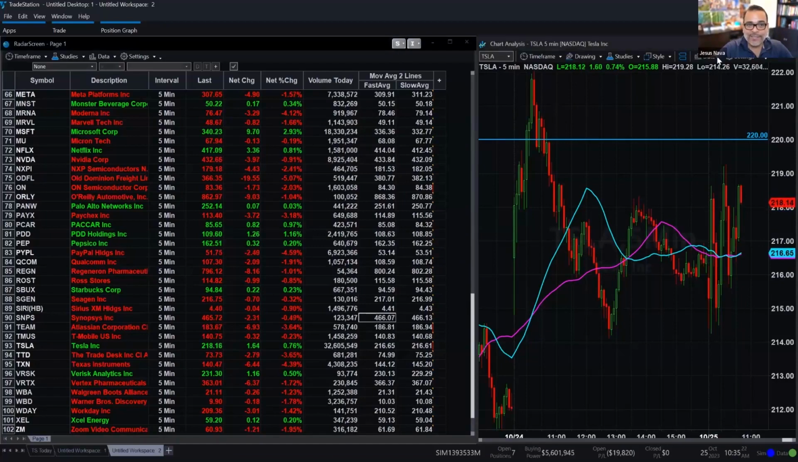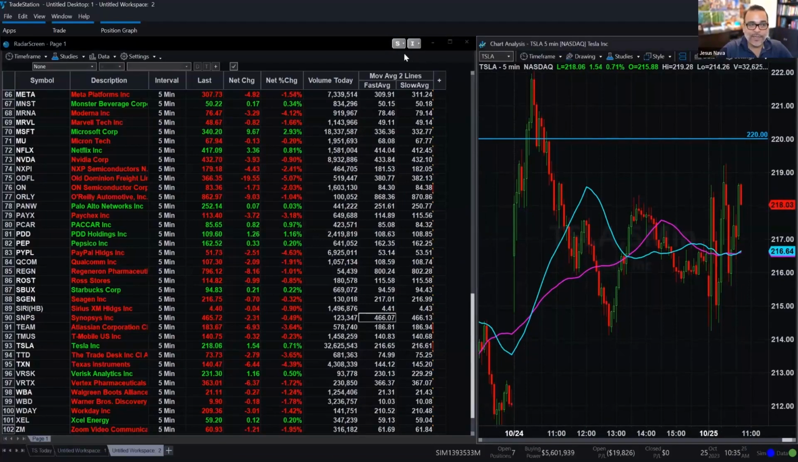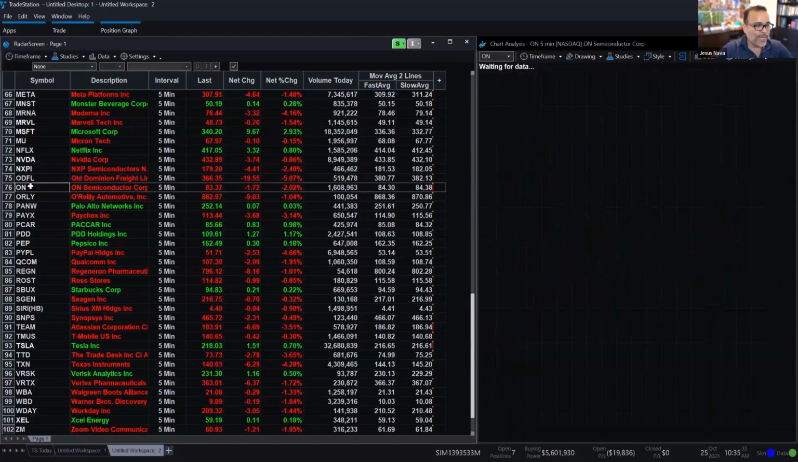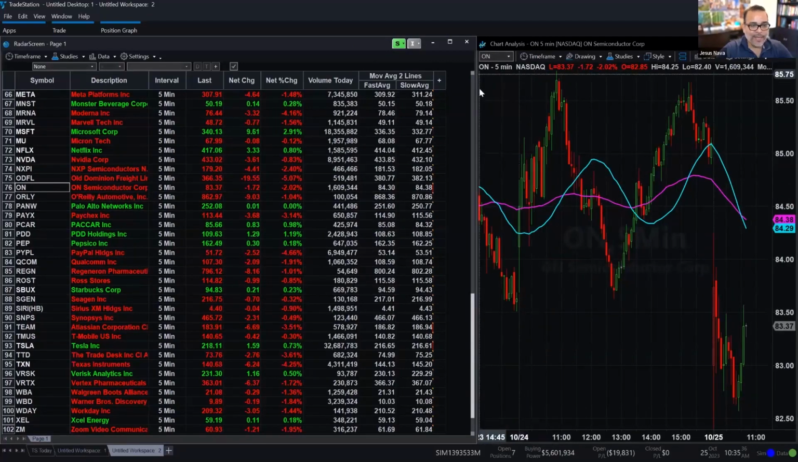So the S for chart is a symbol link. I click on the S for RadarScreen, and now my two windows are linked, meaning that I can click on ON, and it loads right here in my chart. Notice that in the corner, it says ON,